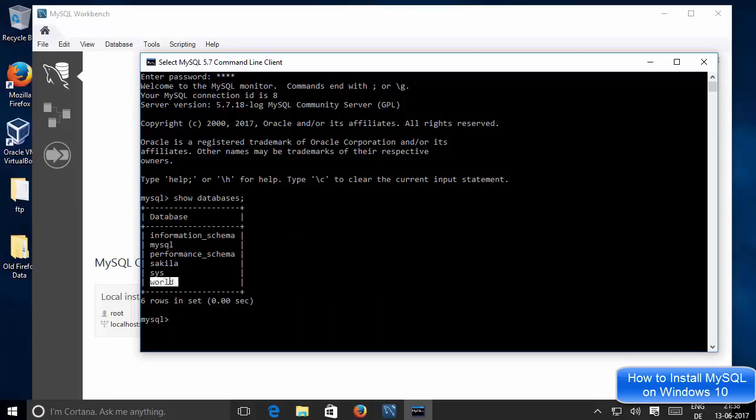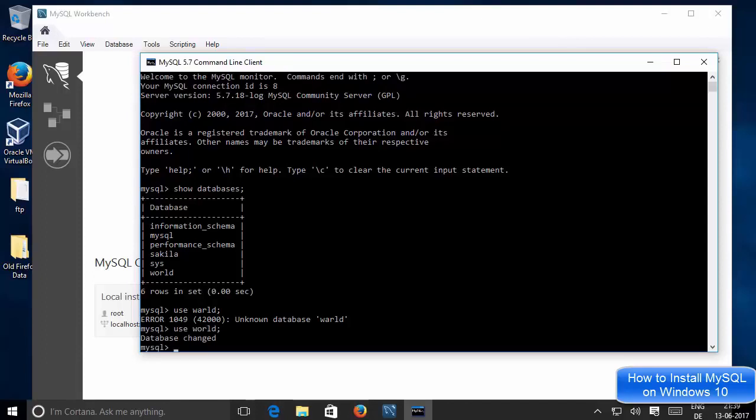So for example, I want to select some database. I will select this database called world. So to select this database, I will just use this command, use, and then the database name. So database name I want to use is world here. Okay, and then the semicolon and then press enter, and it says unknown database. So I think, yeah, the spelling was wrong, so I just need to give world here,